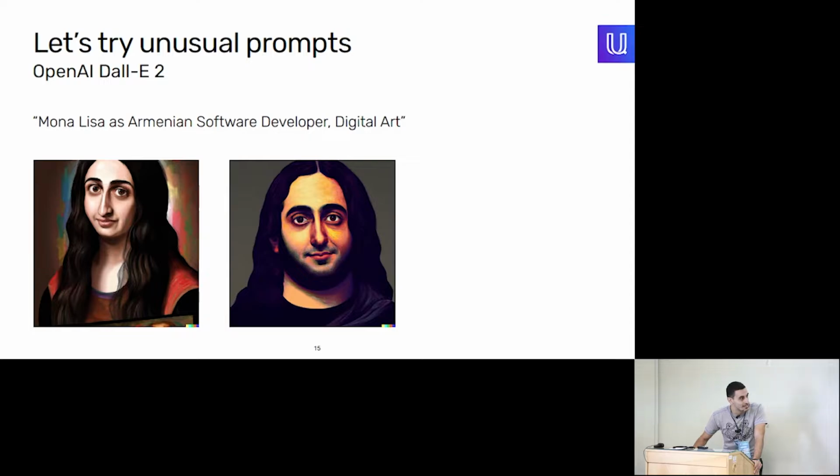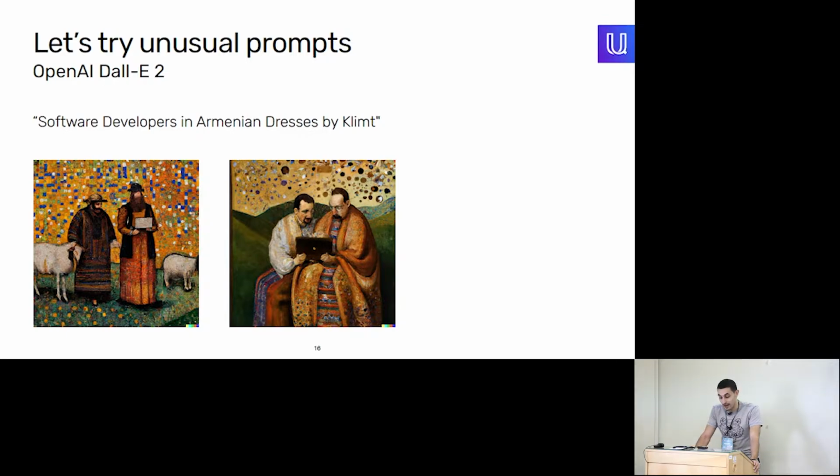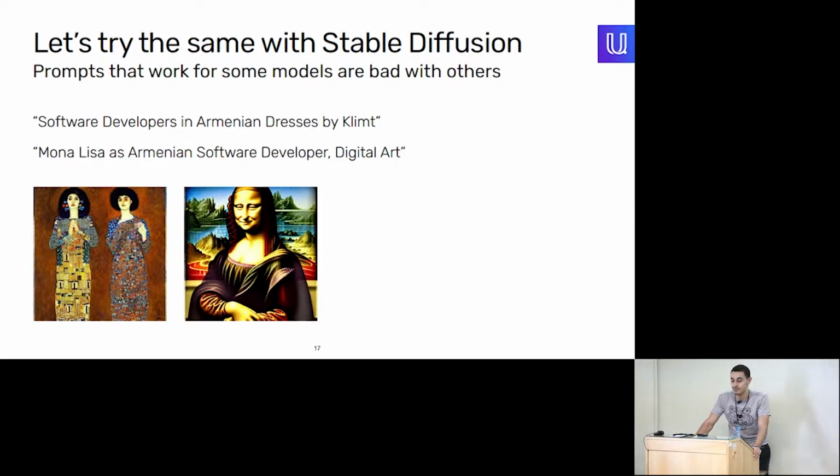I guess to get those 2 pictures, I had about 12 images generated with similar prompts. On average, they look something along those lines. And 2 out of 12 is not that bad, 1 in 6. And I then tried this thing. DALL-E 2 performs really well when you try to mimic some famous artists. I tried software developers in Armenian dresses by Klimt, but many of you may know the Kiss painting by Klimt. This one kind of resembles it, something between a shepherd and, let's say, a software developer, having laptops in their hands. Looks fun, but it's not always that easy and that beautiful.